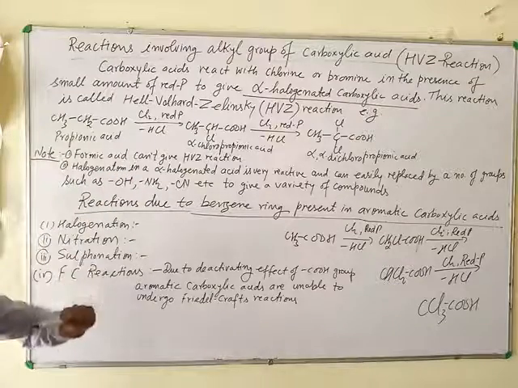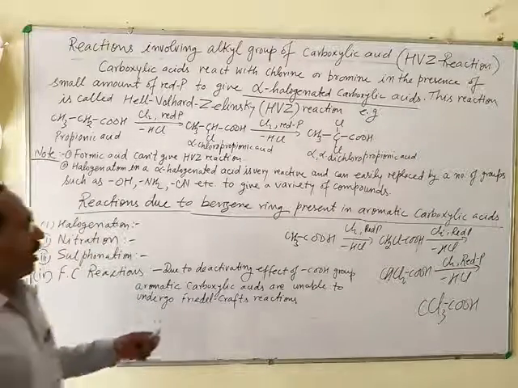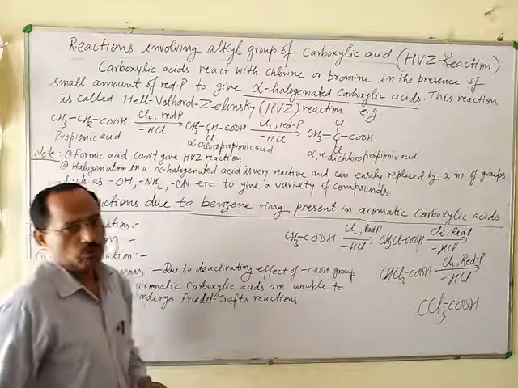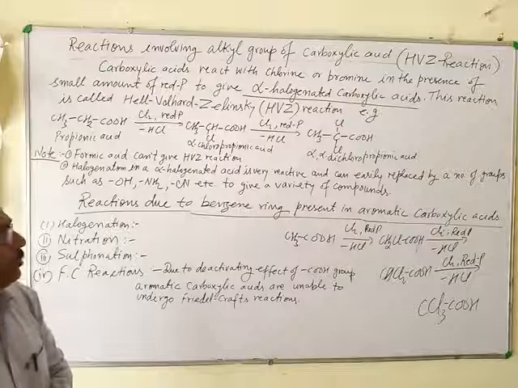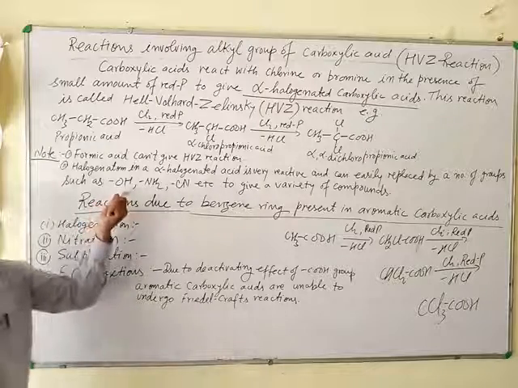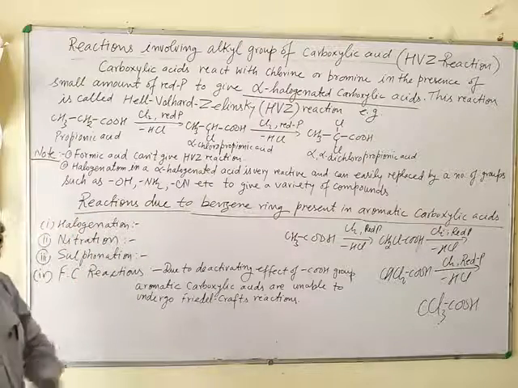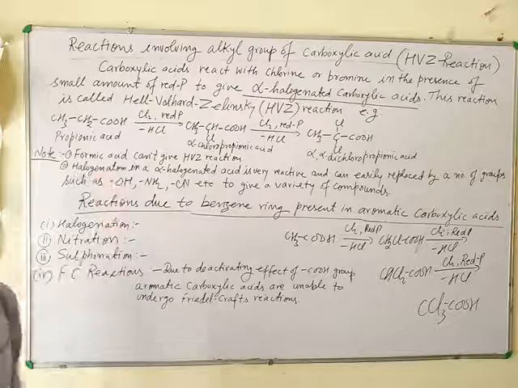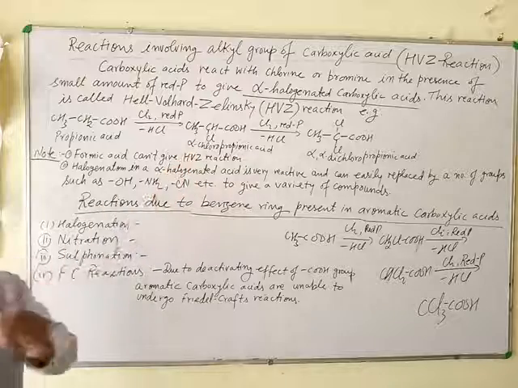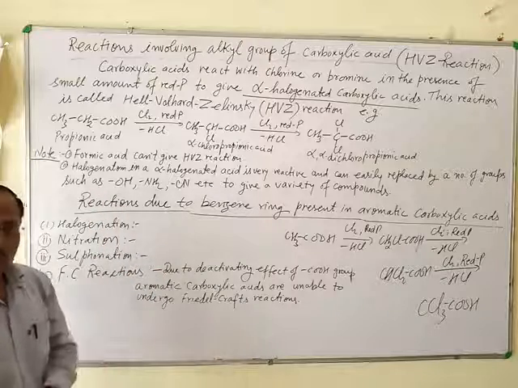This reaction is very important in organic synthesis because halogen present at alpha carbon is very reactive and can be replaced easily by different groups. For example, if the halogen is replaced by OH, then alpha hydroxy carboxylic acid can be prepared with the help of HVZ reaction. First of all, carboxylic acid gets converted to alpha halo acid. Then alpha halo acid may be converted into alpha hydroxy acid.